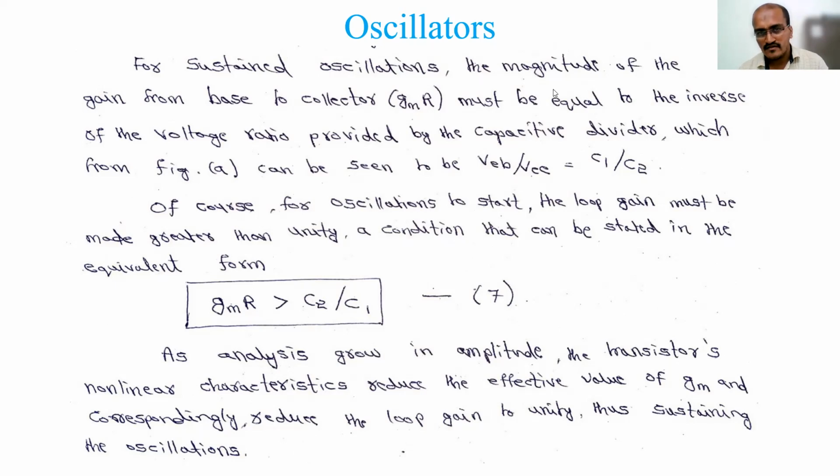The frequency is obtained by equating the imaginary part to 0, and in the same way the feedback factor by equating the real part to 0. The same way you can do the analysis in the case of Hartley oscillator. It was not done in the book, but you can do it in the same fashion. Where a capacitor is there, you have to replace it by 2 inductors, and where an inductor is there, you replace it by a capacitor. Remaining everything is based on Ohm's law, how we write the equations.